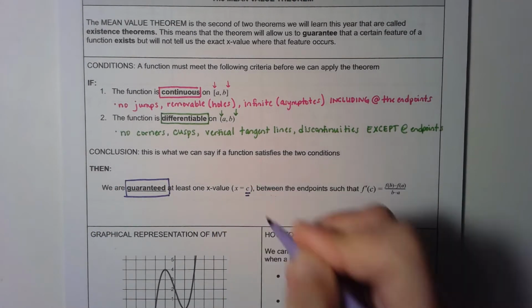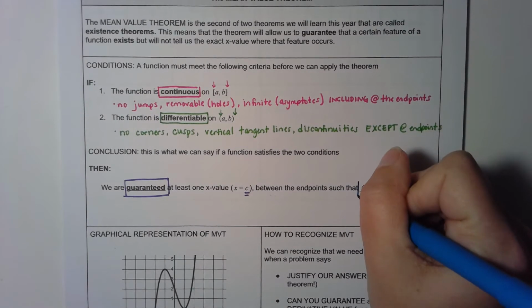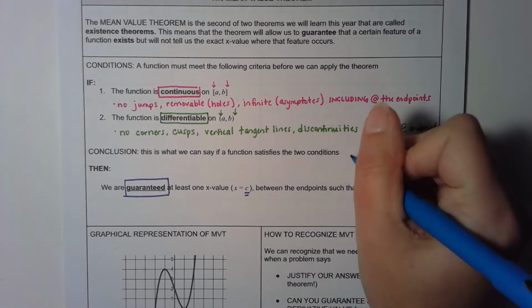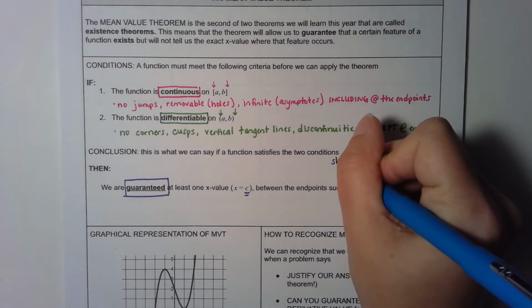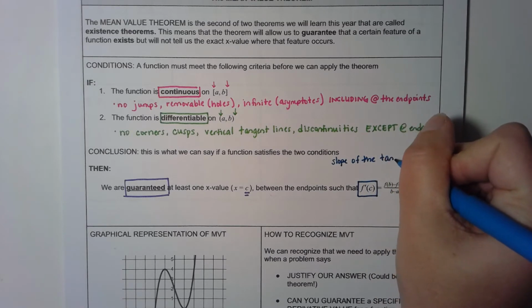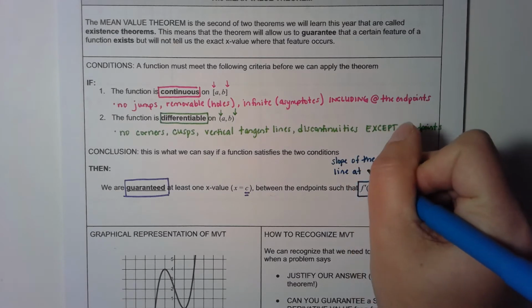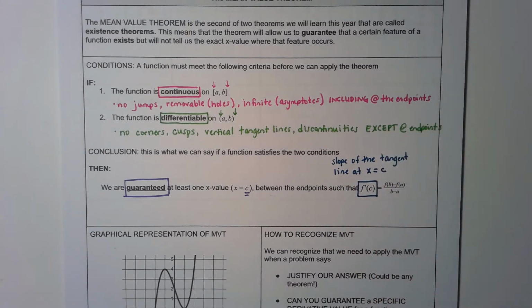And we usually call that number c, between the endpoints, such that f prime of c is equal to f of b minus f of a over b minus a. Now, this may not seem like such a big deal, but it is so huge. So here's what this really means if we break it down. f prime of c means the slope of the tangent line at x equals c